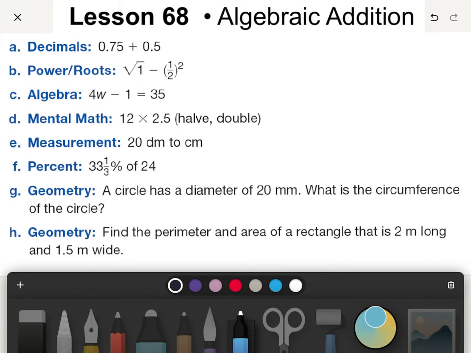Mentally math. Let's get mental. That was a good one. The other one's probably saying, what's up, G? For D, we should have